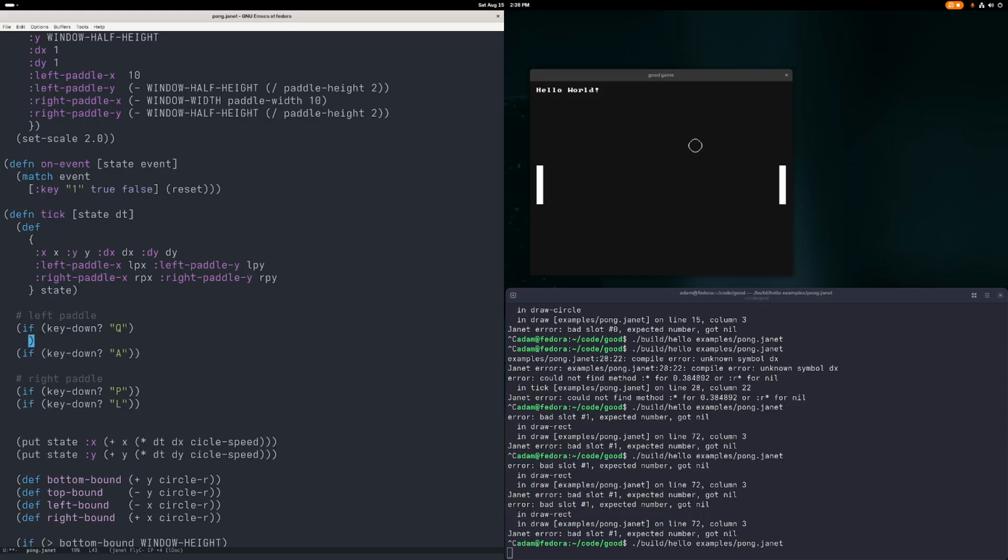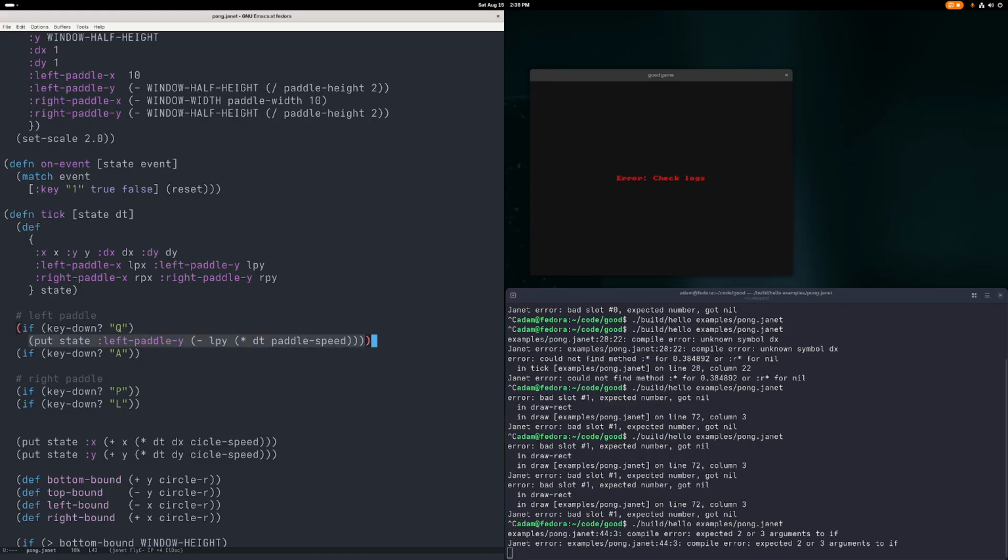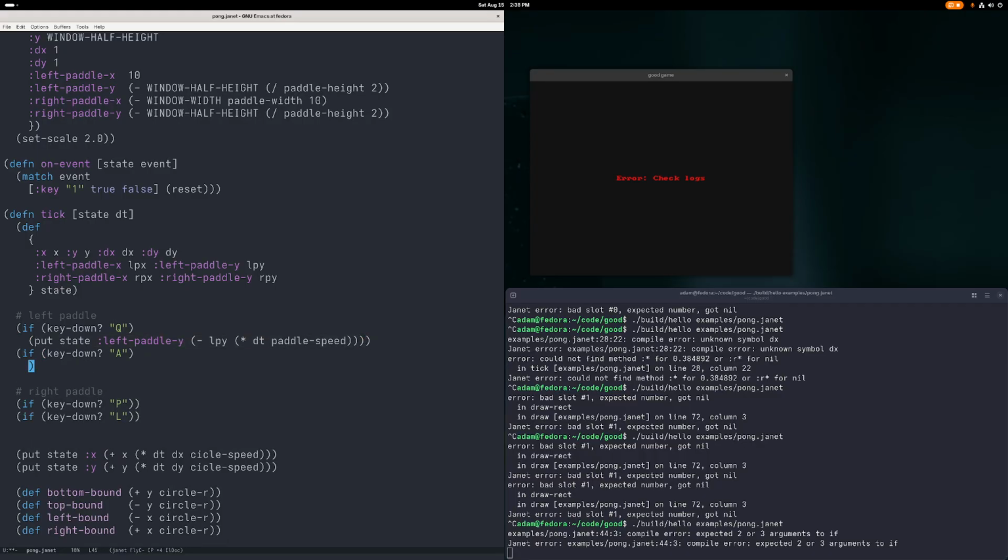And then when you're pressing Q, we want to move the paddle up. So we'll do left paddle Y should be, we'll subtract from left paddle Y, multiply dt by paddle speed. And then we'll see how that speed feels. I guess I may as well do the other direction too. And we'll add here